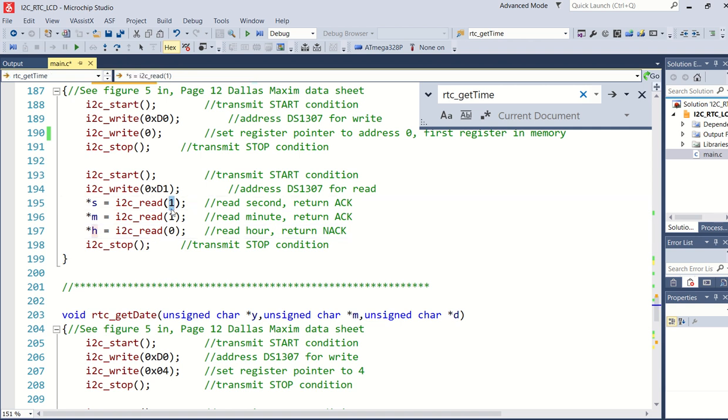If I've got a 1, from my previous explanations, if I place a 1 in here, the master will acknowledge, which means the master will pull the line low. The same with that one there, it will pull the line low. And if I put a 0 there, it's actually going to do a not acknowledge, which is by placing a high on the data lines. And there's the stop. So this is how I read the time.